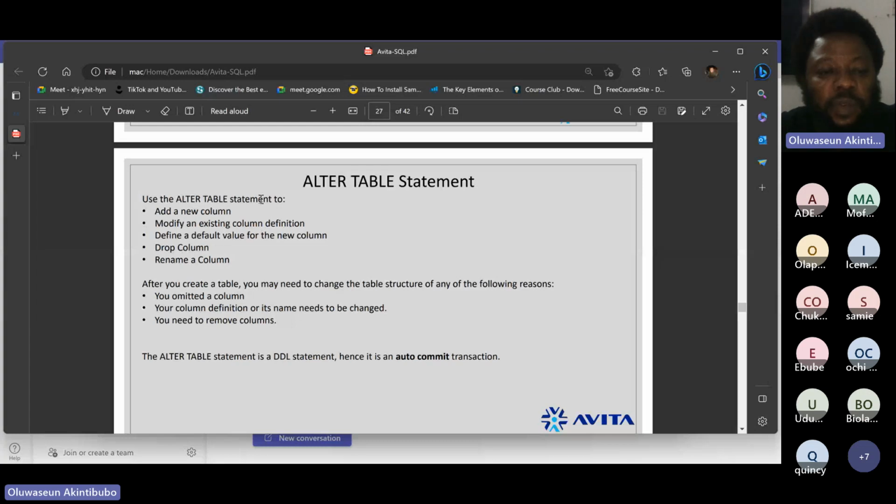It says use the alter table statement to what? To add a new column, to modify an existing column definition, to define a default value for a new column, to drop a column, and to rename a column, right? Remember that I said, look at it. Where's my text? DDL statements are,